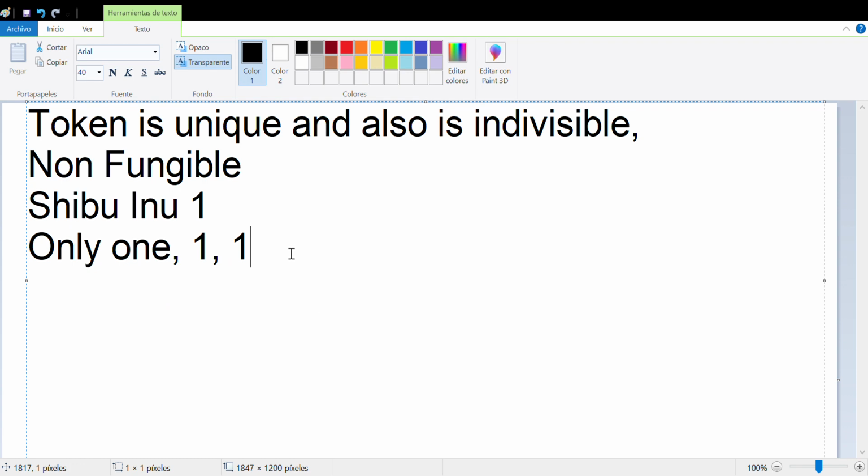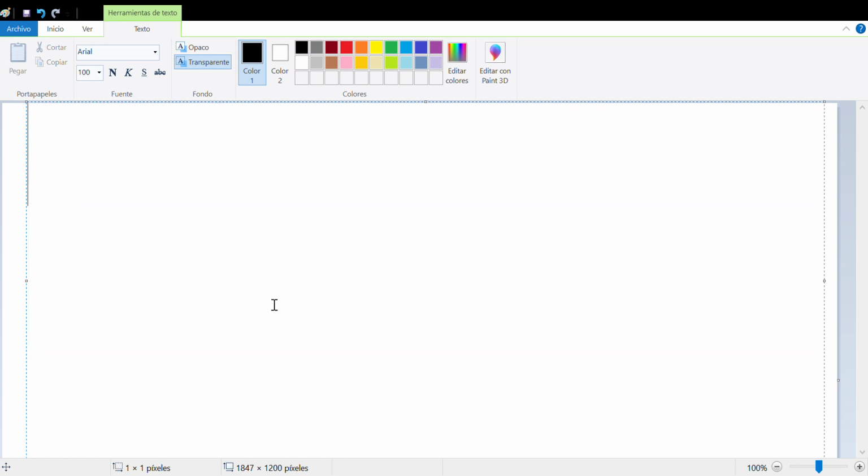So basically, that's an NFT. An NFT is a token that is not fungible. So basically, it's a token that is indivisible, is unique. There is only one token of this. So with that being said,